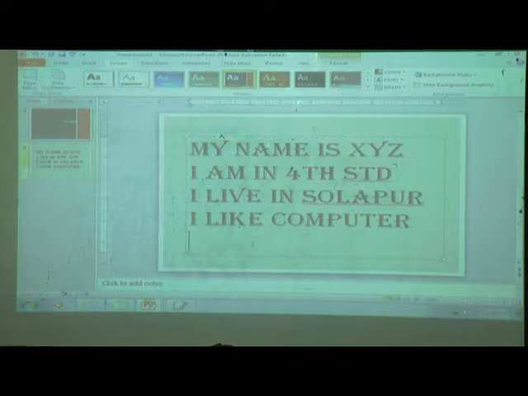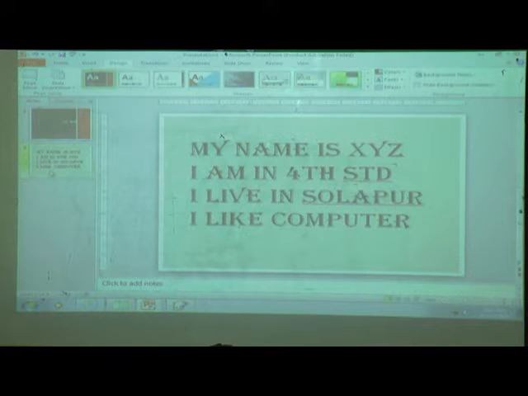Now we will see how to save it. Suppose I write this much only and my period is finished. We are going in lab, right? My period is finished. And next slide also I want to add my picture, but my period is finished. And next time I want to do this remaining work. Then how we can do?